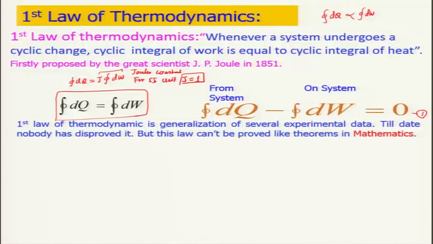Keep in mind that the first law of thermodynamics is a generalization of several experimental data produced by J.P. Joule, as I told earlier around 1851, and till date nobody has disproved this law, but this law cannot be proved like theorems in mathematics. As I told earlier, this law whatever we have discussed, I can call it equation 1, and it is valid for the cyclic process, and